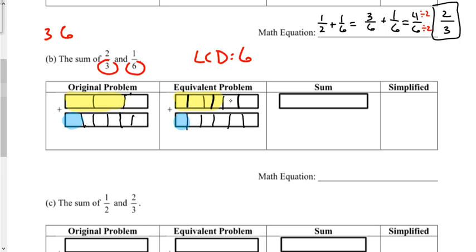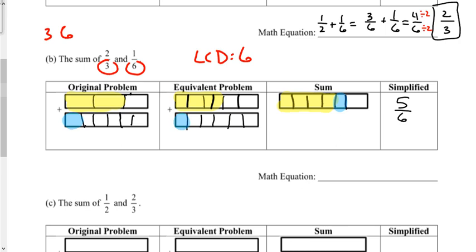There. Now I have 6 pieces, and I've got 1, 2, 3, 4 of them shaded. And so when we finish this out over here, I've got 4 shaded from the yellow, I've got 1 shaded from the blue, and that's going to make a total of